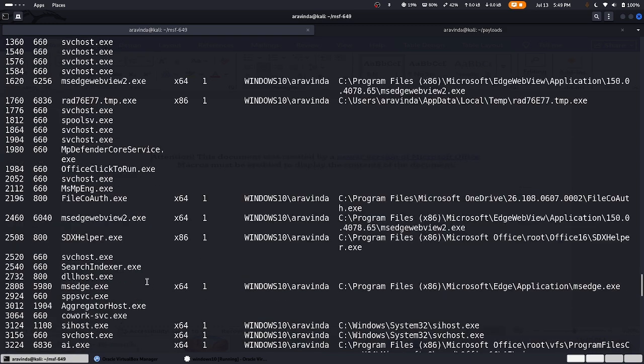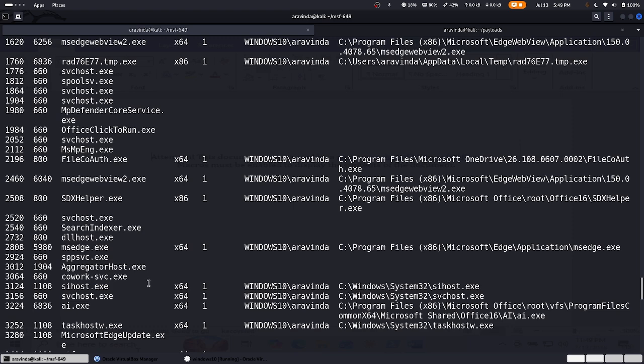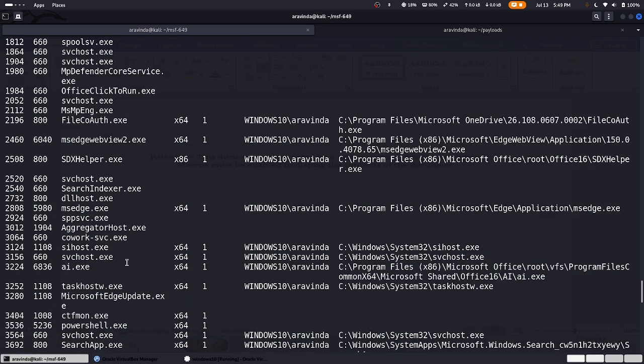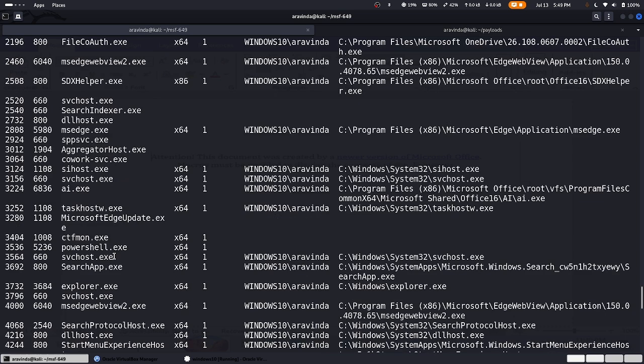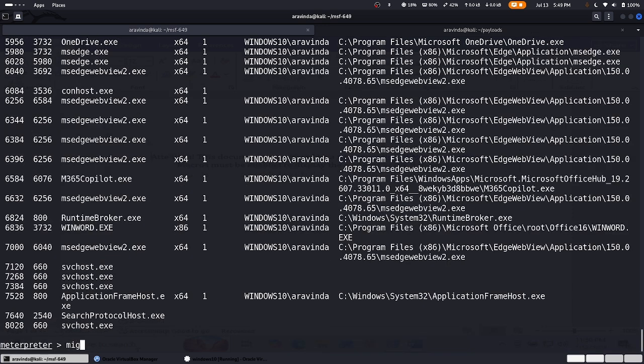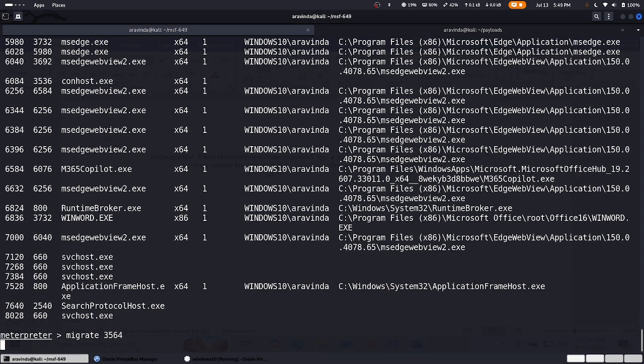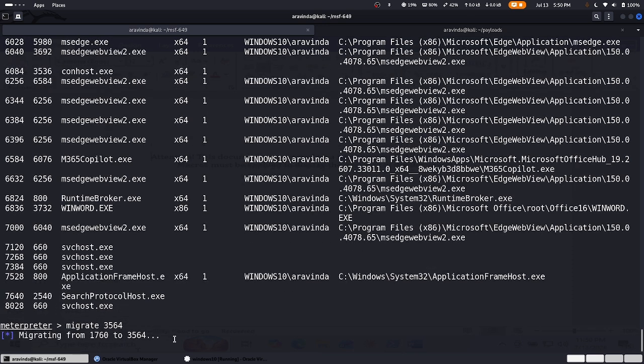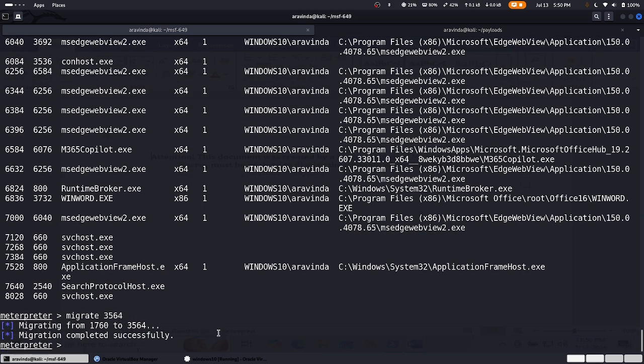The Windows 10 box is an x64 box, so it's a 64-bit Windows 10, and if it was 32-bit like Windows 8 or 7, then you can do a privilege escalation on that. But let's migrate to this svchost.exe, and we get the process ID, and we type migrate space process ID, and let's background this session,